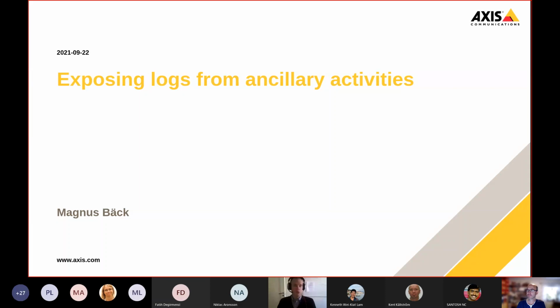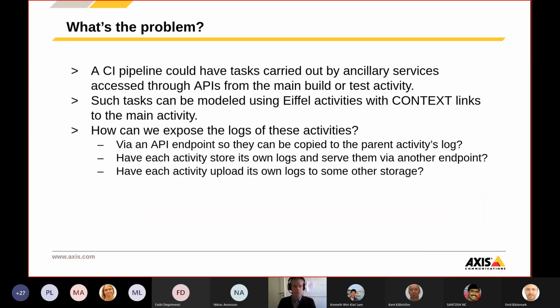So I'm going to talk about a planned way that we're going to use to expose logs from Eiffel activities. In many cases, the actors in your CI pipeline would already have exposed logs. For example, if you're using Jenkins, it already saves the logs. It's not a problem. But there could also be tasks carried out by